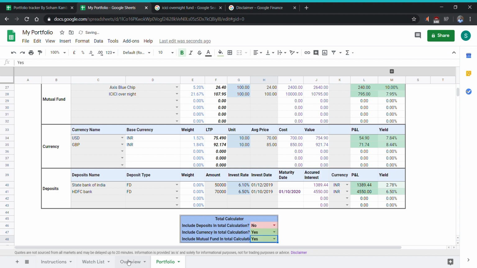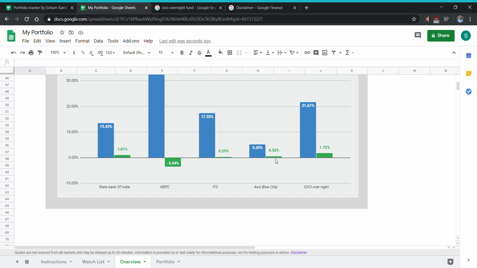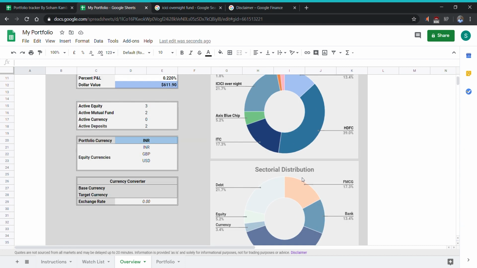fund as yes. Now to overview, you can see Axis Blue Chip, performance of Axis Blue Chip and performance of ICICI overnight, and it will recognize what type of currencies you have included in your watch list. So there is INR for ITC and everything, ITC, HDFC and other stock, pounds for Barclays, US dollars for